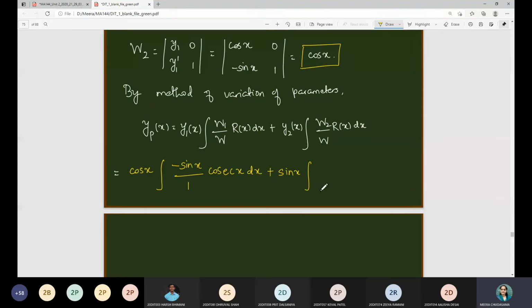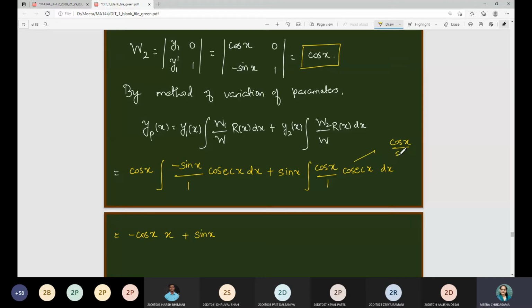So w2 is nothing but cos x upon w, which gives 1, cosec x dx. So that is equal to minus cos x as it is. Sin x and cosec x are inverse of each other, so its outcome is 1. Therefore the integration of dx is just x, plus sin x into this quantity, which is nothing but cos